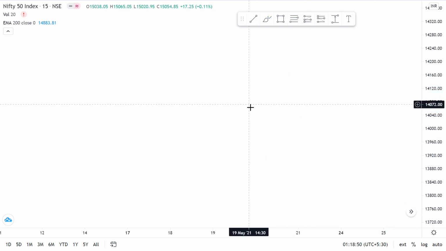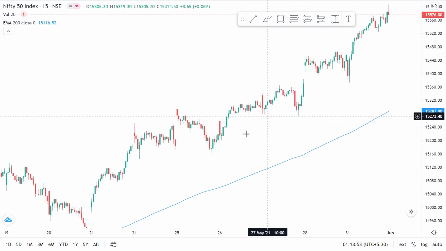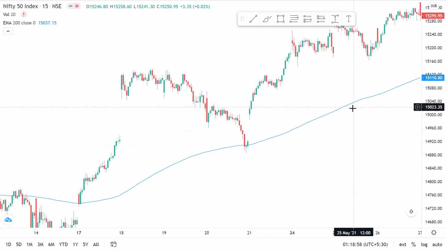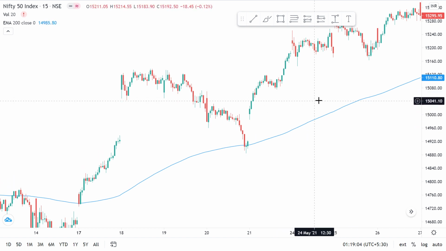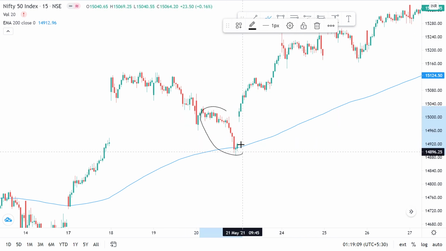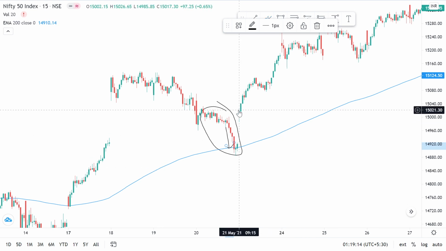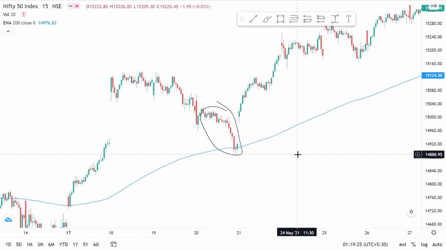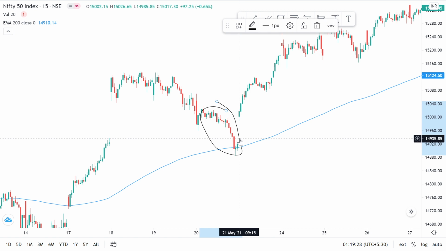Now let me explain with some examples right here. This is Nifty, the 15-minute chart. I'm showing you very recent instances. I'm not even going to specific cases from 10 years ago just to show one instance. I'm showing you the previous week itself. You can see what has happened here. Huge selling pressure, big volumes, all short positions in the market. And then the very next day, markets opened more than 0.5% gap up. This is a very big gap up, right? So all these sellers here were trapped. Now the type A, type B, and type 2, if you remember, all these guys will start squaring off their short positions.